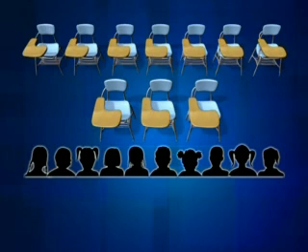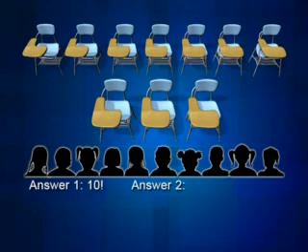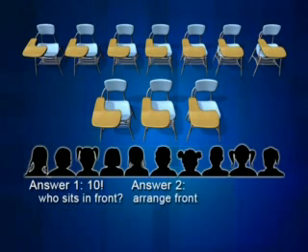Well, that question's easy. There are 10 factorial ways to do that, because the first student has 10 choices, then the second student has 9 choices, and the third student has 8 choices, and so on. The fact that there was a first row and a second row didn't matter to answer it this way. But let's answer it a second way. Let's first decide who sits in the front. Then we'll arrange the people in the front. Then we'll arrange the people in the back.